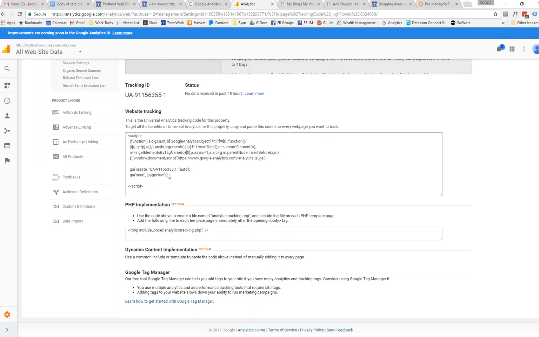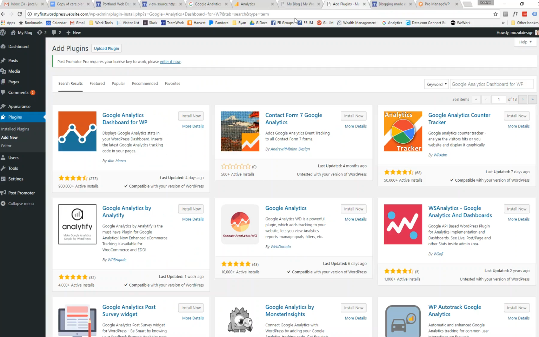Alternately, if you're not comfortable with that, there are a lot of plugins you can use. One in particular is Google Analytics for WordPress. All I did was go to my plugins, I clicked Add New, I searched for Google Analytics Dashboard for WordPress. I'll go ahead and install it,